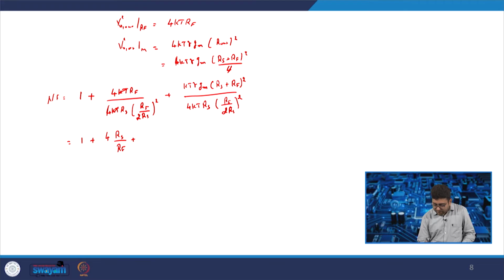Here again this 4 term will be cancelled out, kT will be cancelled out. We will have gamma gm into RS plus RF square, RS into RF square by RS square. So one of the terms will also be cancelled out. So we will have 1 plus